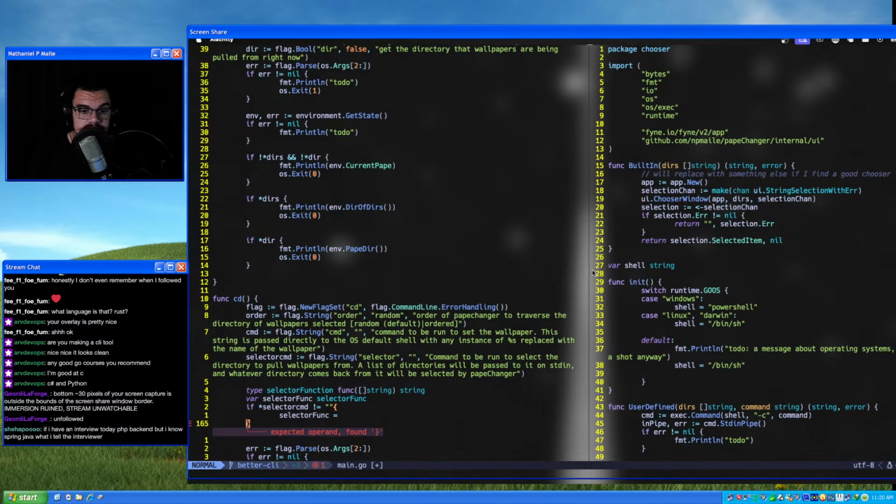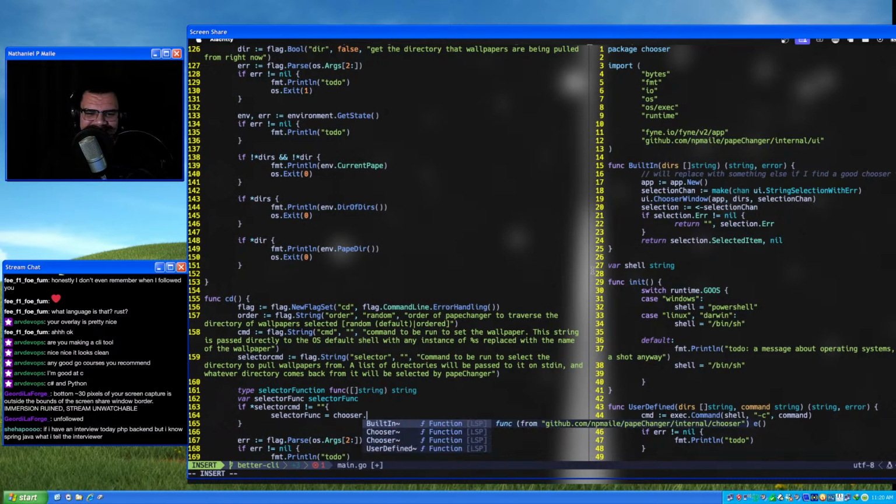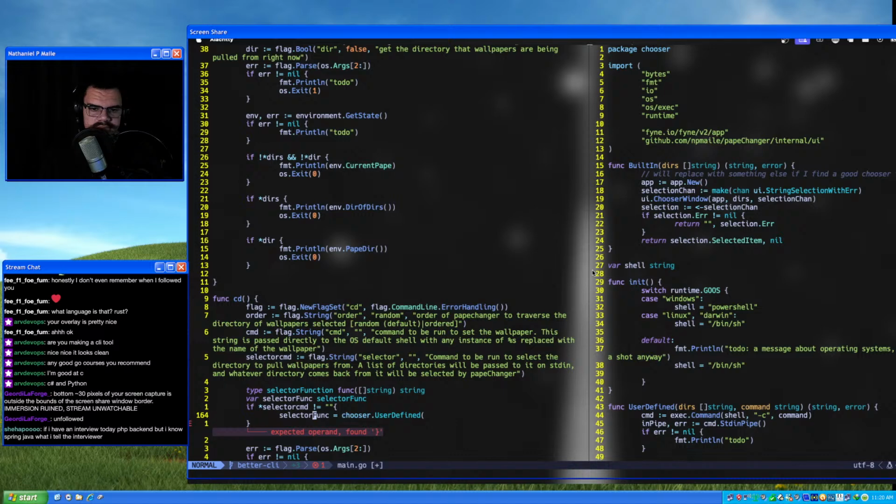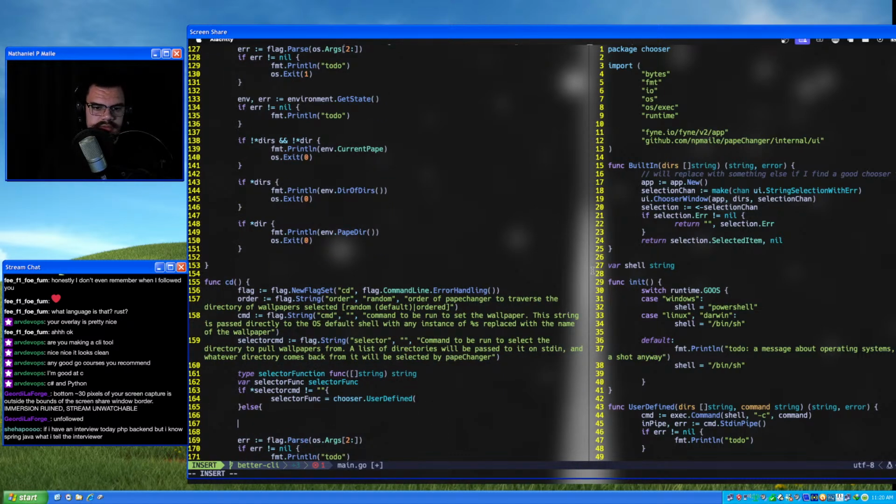Chooser, excuse me. Need to figure out what's a chooser and what's a selector. User defined. We'll figure that out in a second.